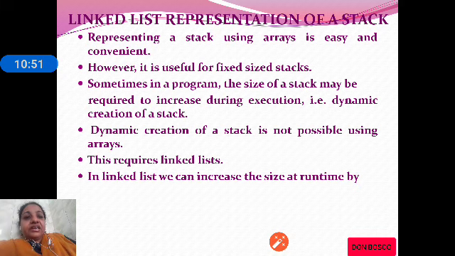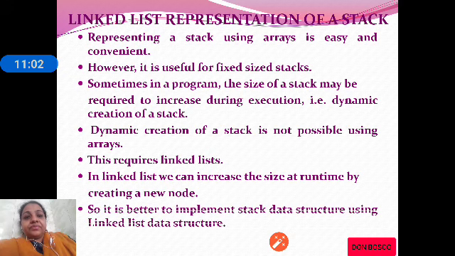In linked list, we can increase the size at runtime, and we can create new nodes as and when required. So it is better to use a linked list rather than array if you want to create a dynamic list.